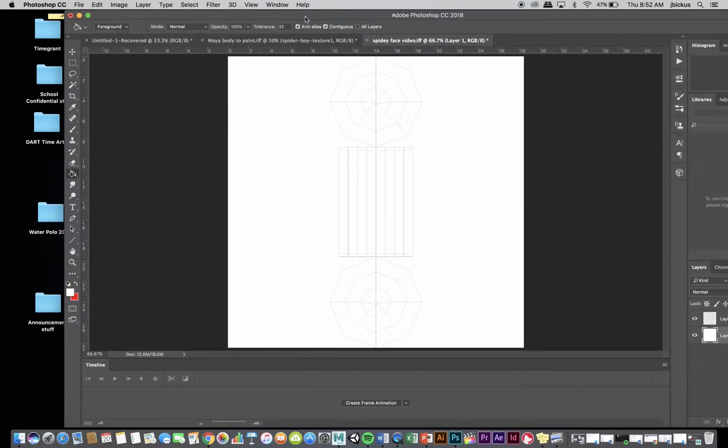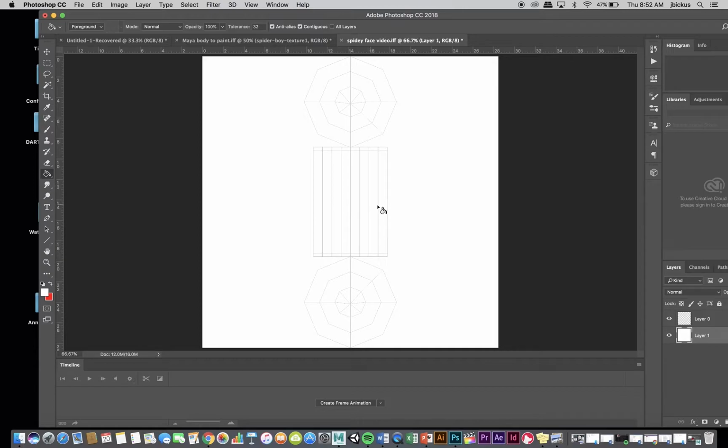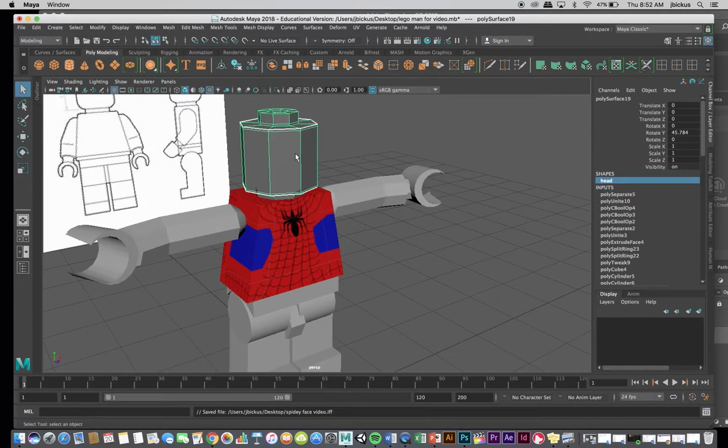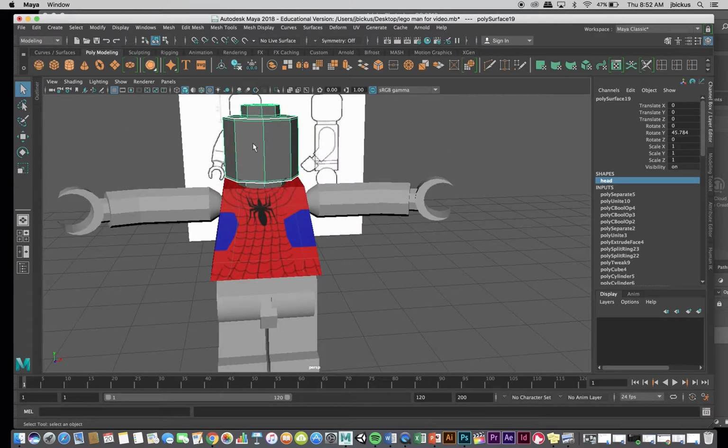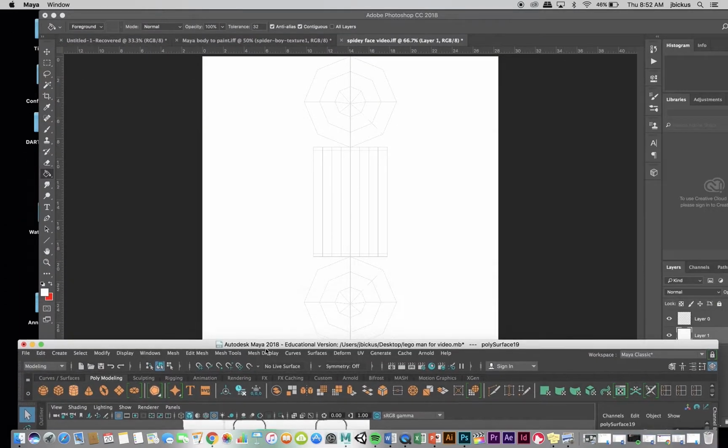So when you're looking at that, and if we compare it to Maya, these 8 strips here are actually a representation of these, but you can see that they appear much thinner, so you want to think about that. If you were trying to put something on the front of the face here, you would only want to fill 2 of those strips. So when I do that,